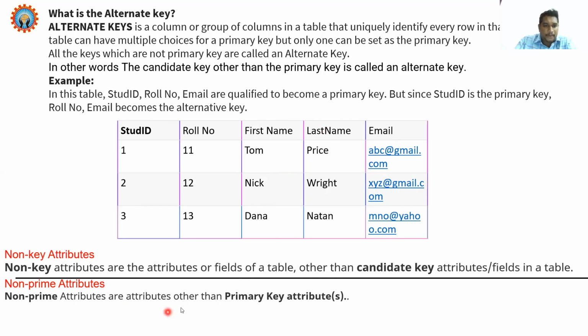Non-prime attributes are attributes other than primary key attributes. So we have 4 non-prime attributes. Among 5 attributes, one acts as the prime attribute and the remaining 4 are non-prime attributes. Non-key attributes means we have 3 key attributes, and the remaining 2 are non-key attributes. I hope you understand, right? Next,